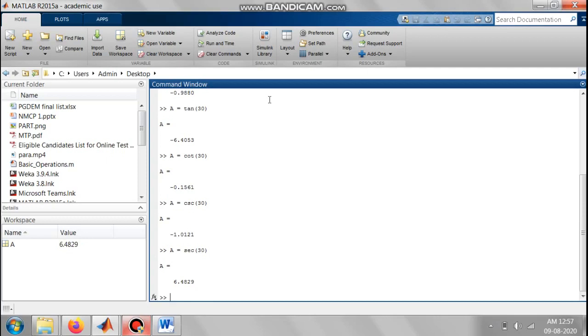6.4829. Now after this, if I would like to find the inverse of functions, then I'll write A is equal to acos, it is acos, and then you can write a value, suppose we take 0.1432, then the answer will be displayed as A is equal to 1.4271. Similarly for sine, you have to use A is equal to asin 0.1432, the answer will be 0.1437. Similarly for tan, it is atan, so we can write 0.1432, the answer will be